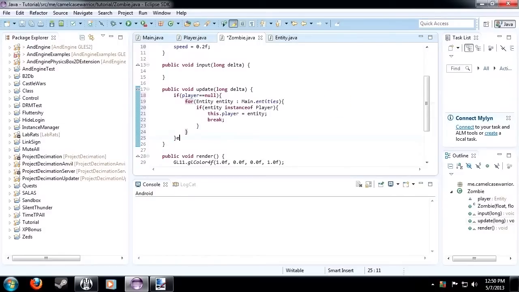Now we can put an else statement down here. So if there is a player that we're following around, what we want to do is get